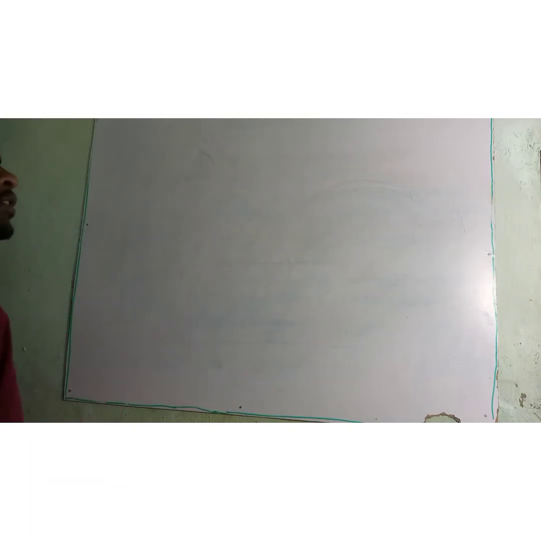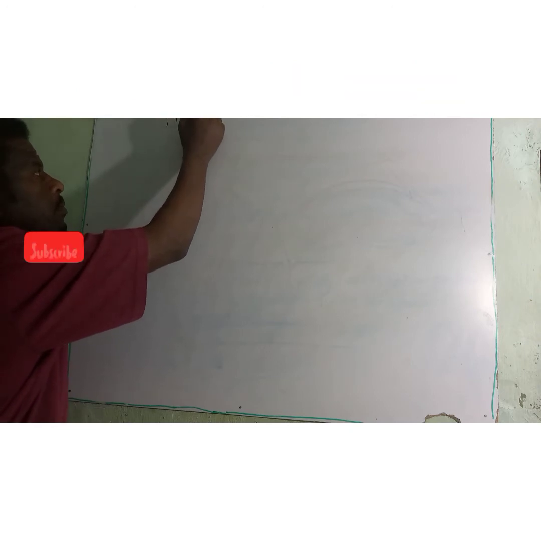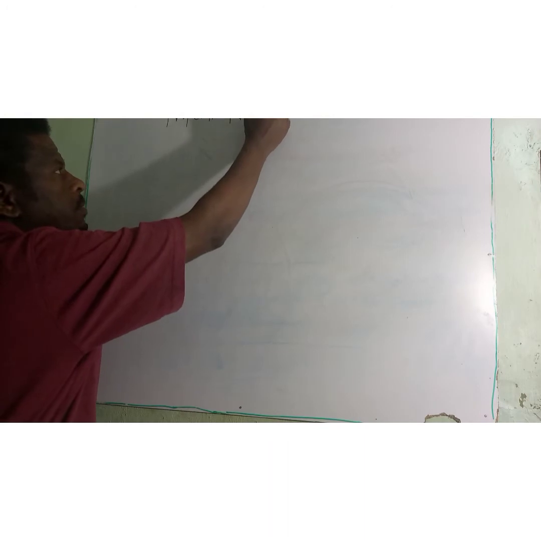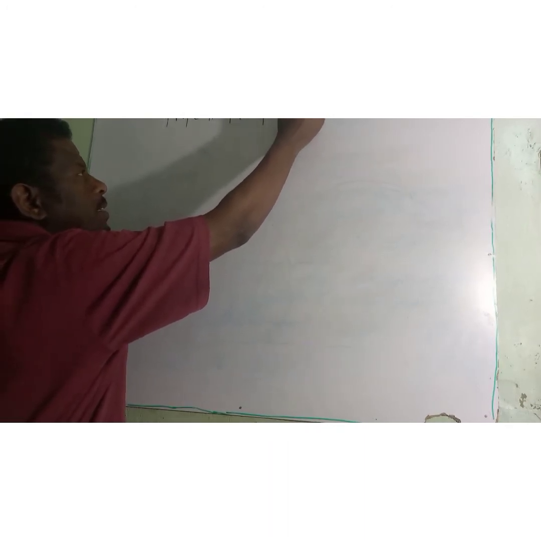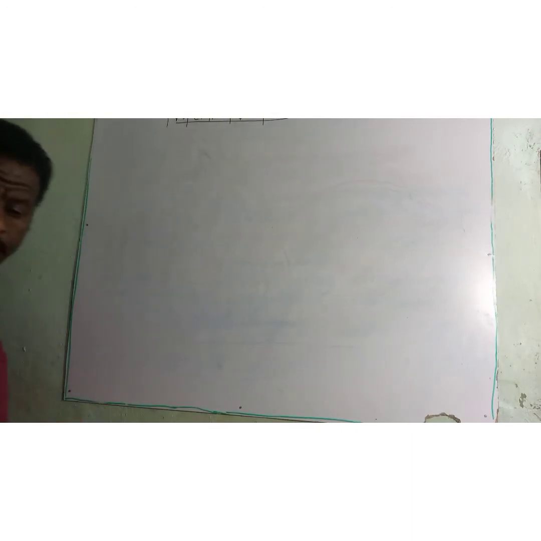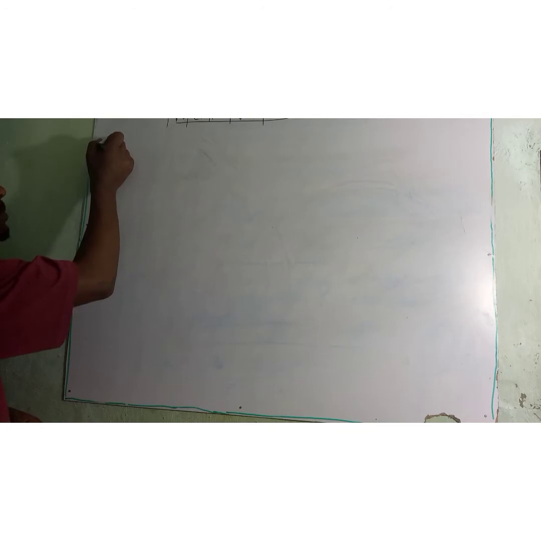Let's see the properties of the dot product. Under properties of the dot product, if we, for example,